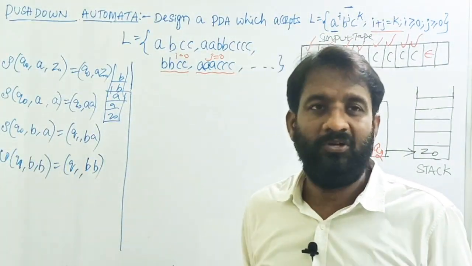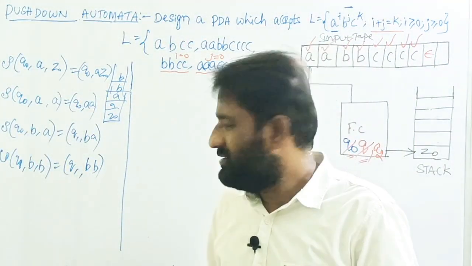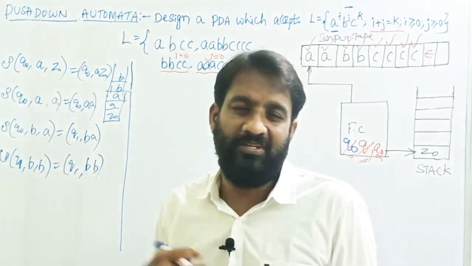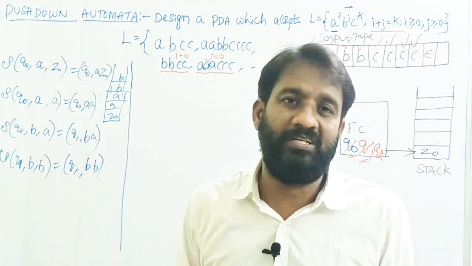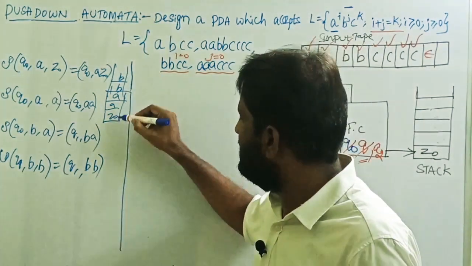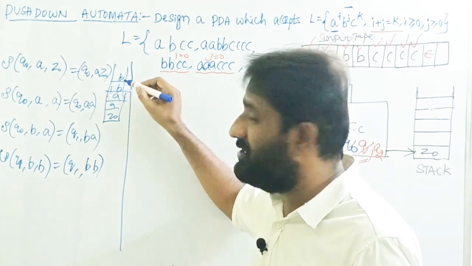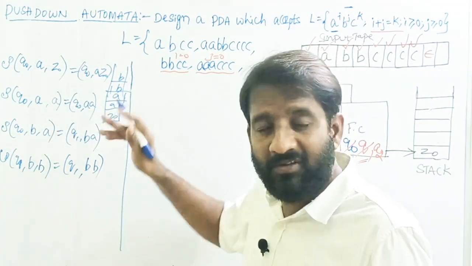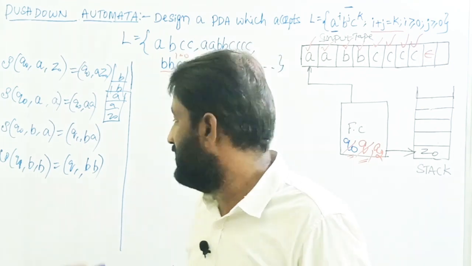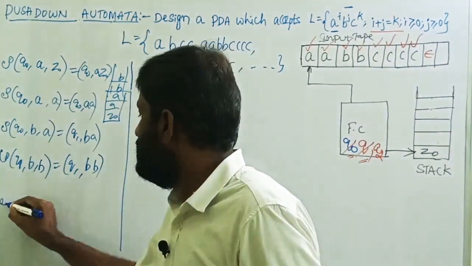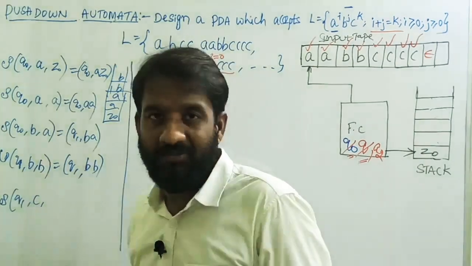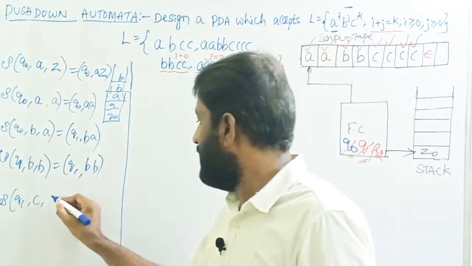Then let's assume that there are more B's. Read B's on the Q1 state only by using the same transition. No need to write a different transition. Then let's assume that B's are exhausted. Exhausted means however many A's we added. For example, 2 A's and 2 B's we added. Definitely we have only 4 C's in the input tape. Okay. Then write the transition. So the transition of Q1, input symbol is C, top of the stack is B.